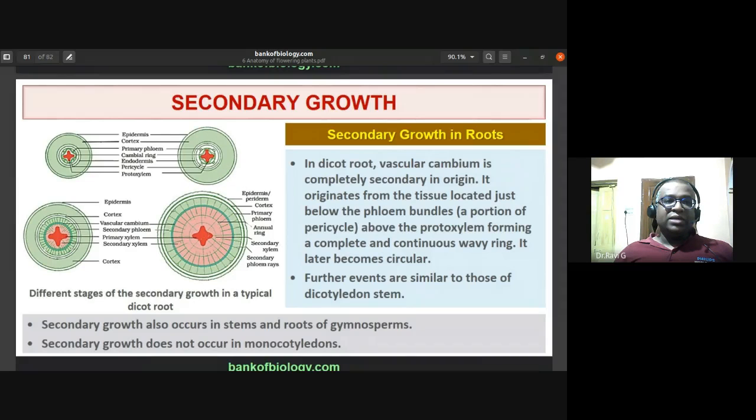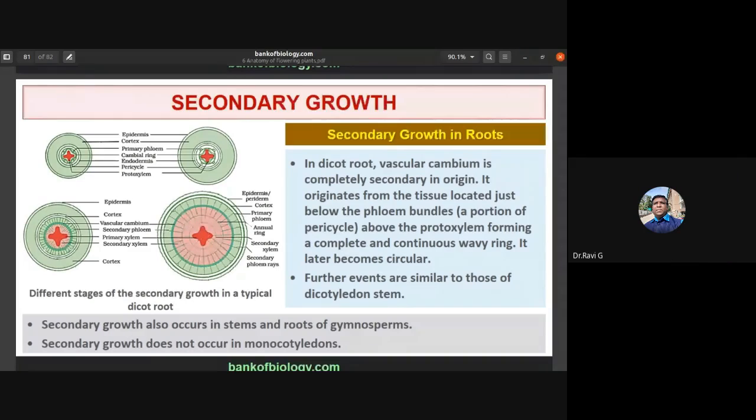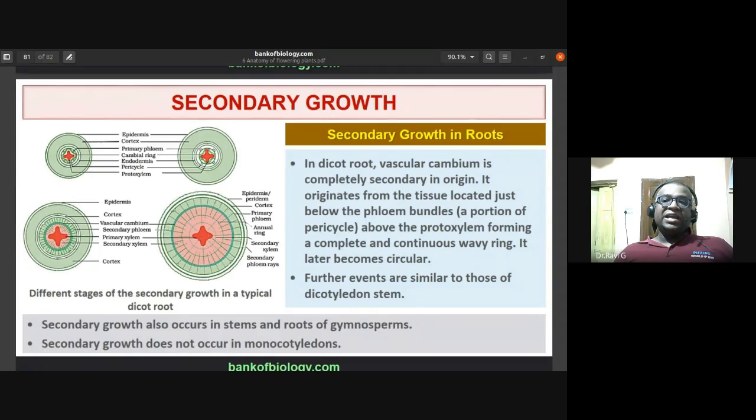Okay, so two assignments for today. One is differentiate between the heartwood and sapwood, and the other one is differentiate between the secondary growth in dicot stem and secondary growth in dicot root. So I want you to differentiate these two things. And if you have any doubts or clarifications,